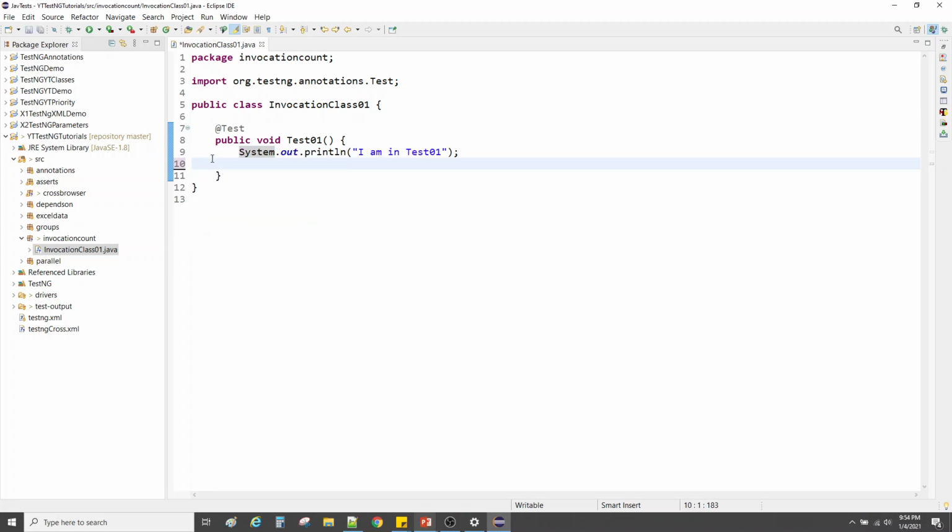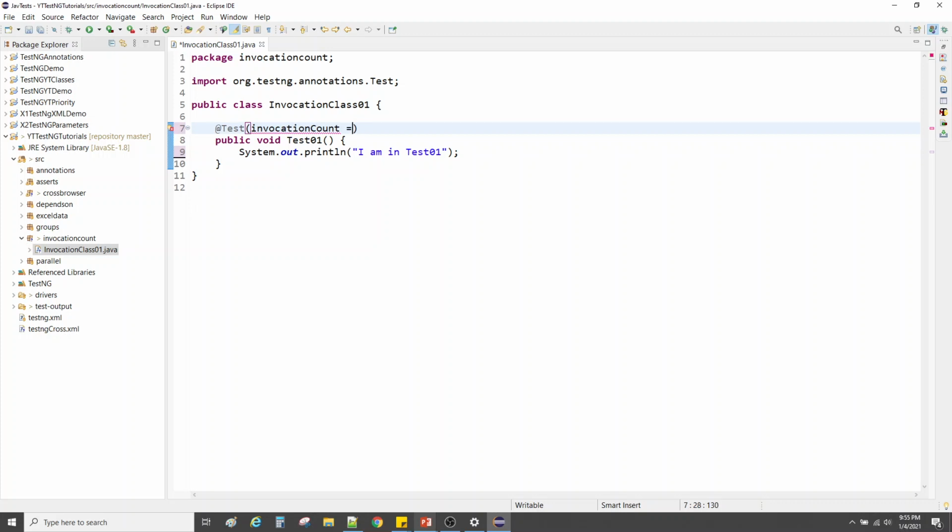In that case, we have an attribute provided by TestNG to repeat a particular test multiple times. Okay, so this is one test, because we have annotated it with test annotation, and we are going to execute this particular test multiple times. So we have to use an attribute provided by TestNG, and the attribute name is invocationCount. All right, so this is the attribute which will help you to repeat a task as many times